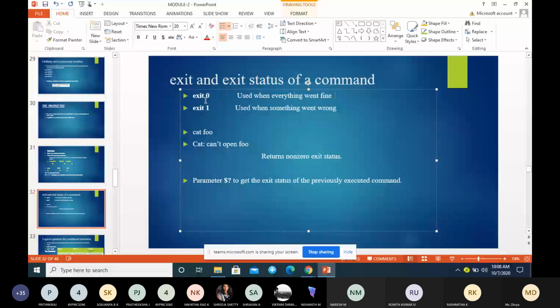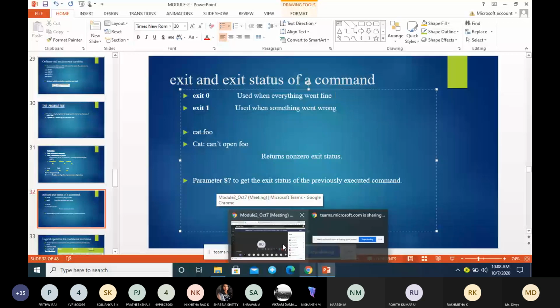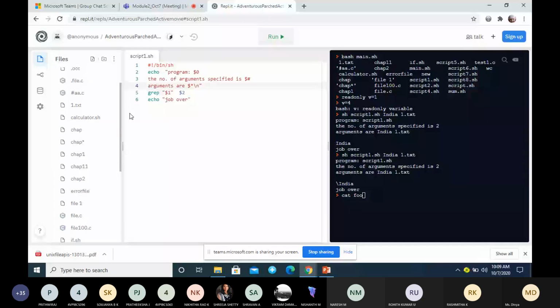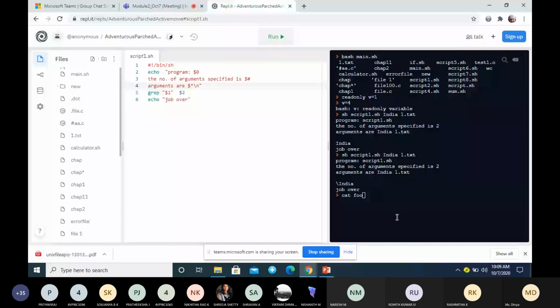For example, suppose I'm trying to open a file which doesn't exist. I'm trying to display the file FOO. That file is not available here. You can see here, we don't have a file with the name FOO. I'm trying to display that file, and it says no such file or directory.